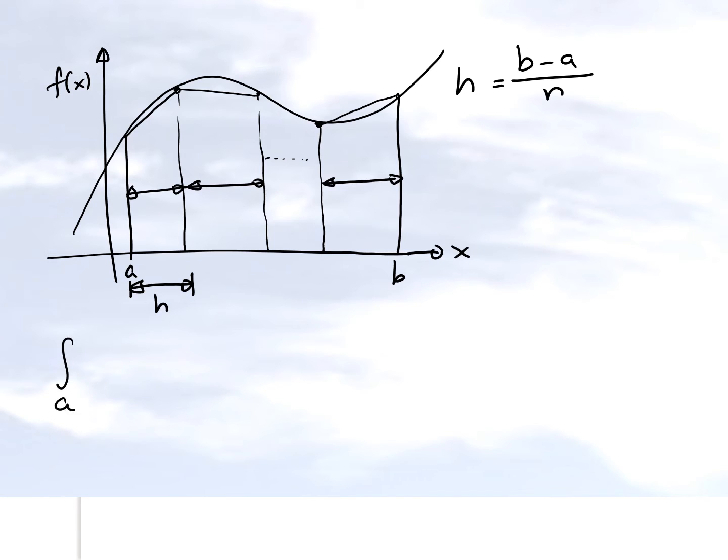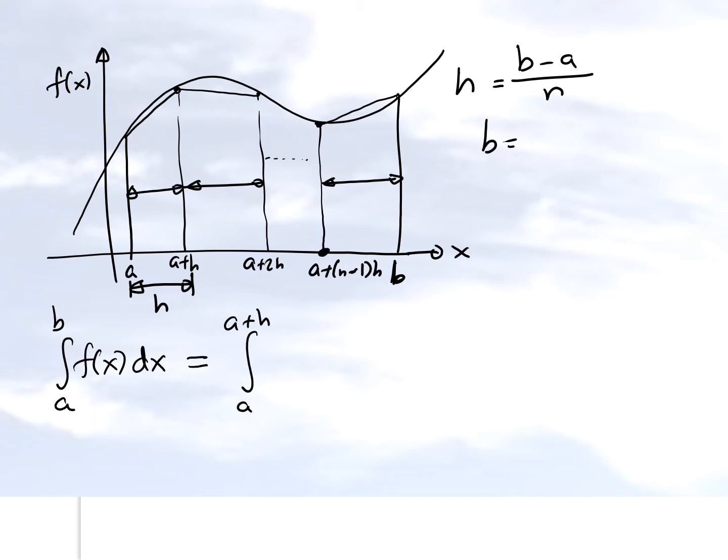So what we're basically doing is taking this integral, which is going from a to b, and breaking it down into an integral which goes from a to a plus h, because this will be a plus h, this will be a plus 2h. If you look at this last point, it'll be a plus (n minus 1)h, because this b is nothing but a plus nh, right from here. And the one segment back, the point on the x-axis will be a plus (n minus 1) times h. So if we break this integral, we'll get this.